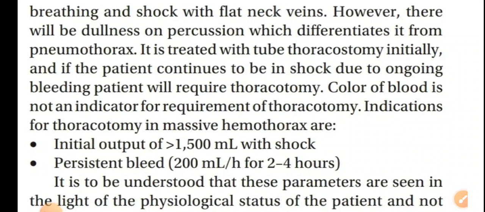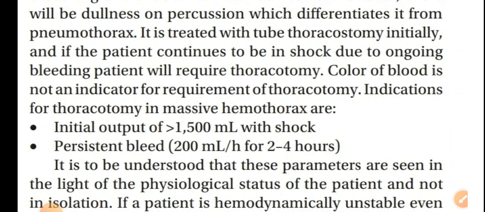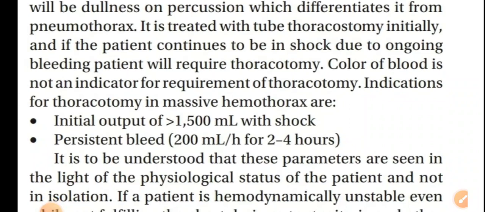Indications of thoracotomy in massive hemothorax are initial output of more than 1500 ml with shock. When you put in the ICD, immediately there is 1500 ml of blood and the patient is in shock, then this is a clear indication of thoracotomy. Persistent bleed of 200 ml per hour for 2 to 4 hours: if the patient's output every hour is 200 ml of blood for 2 to 4 hours, then this is an indication of